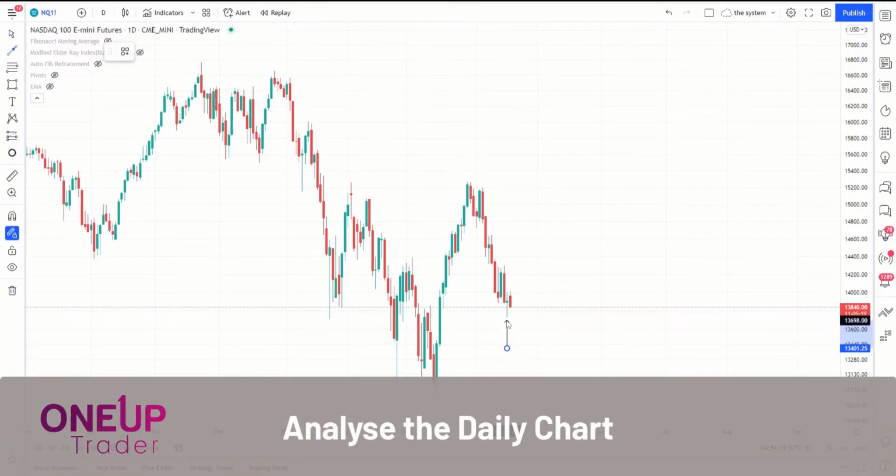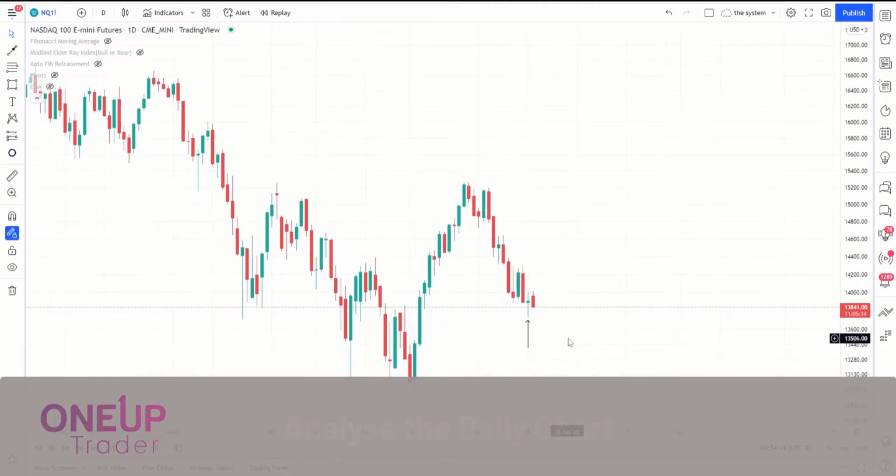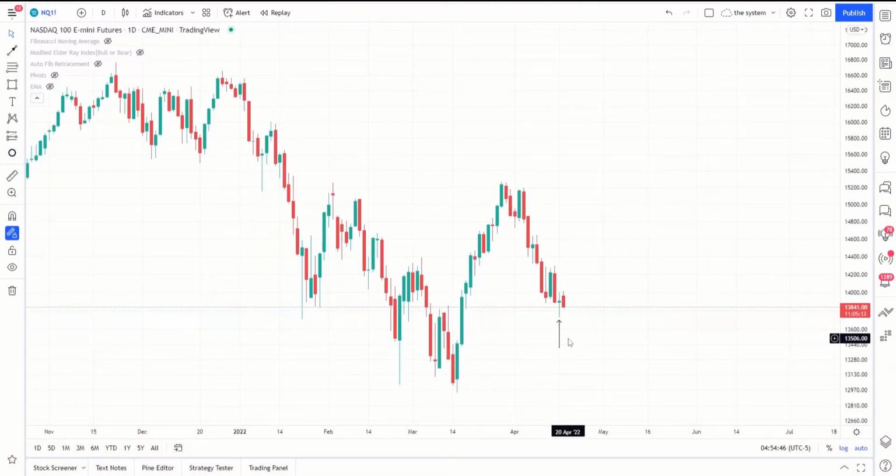With the daily chart, I'm looking only at the previous day's candlestick formation. I'll take a look somewhat at the previous trends and where the all-time high is for the market, etc. But I'm not really taking too much from those specific points, but taking most of my focus at the previous day's candlestick formation. Now with this one, anybody that understands candlestick formations will see that this is a spinning top,